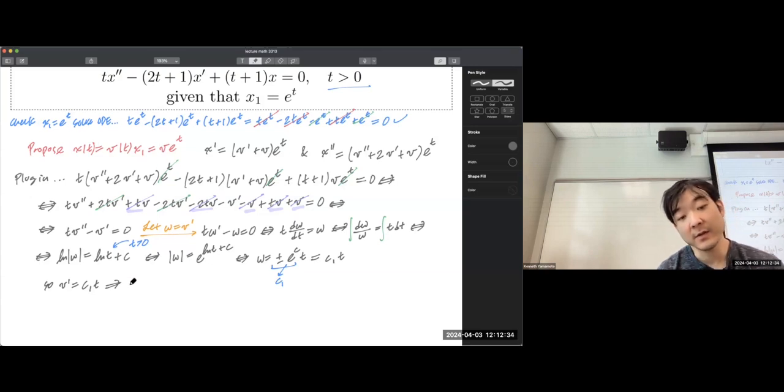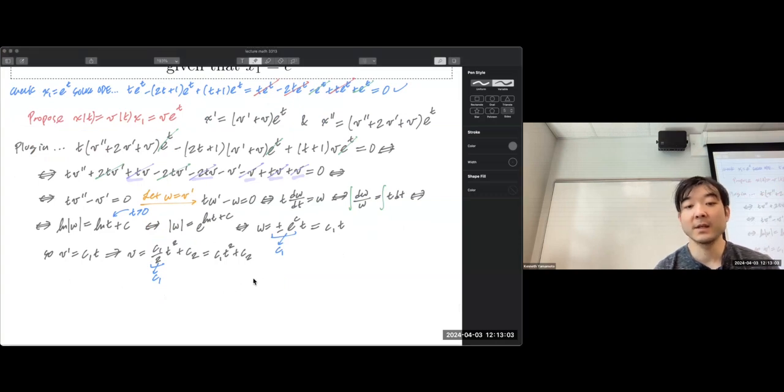We're going to take the antiderivative, which means that v is equal to c1 over 2 t squared plus an integration constant, new integration constant c2. And of course, you can just say, well, c1 over 2 is just another arbitrary constant, so we'll just redefine that as c1. So you're left with c1 t squared plus c2. And then that's it, because your general solution is going to be built off of this v